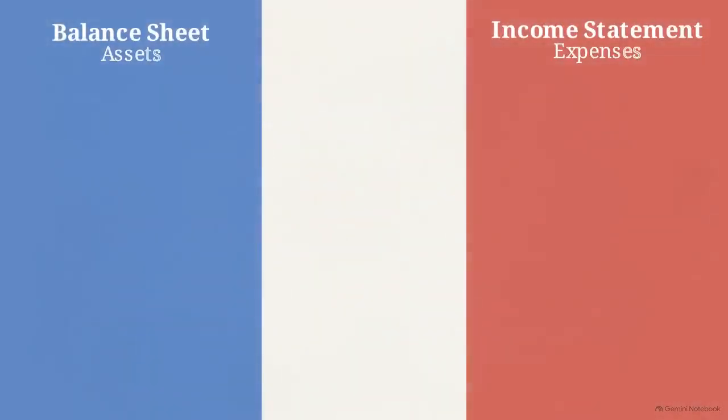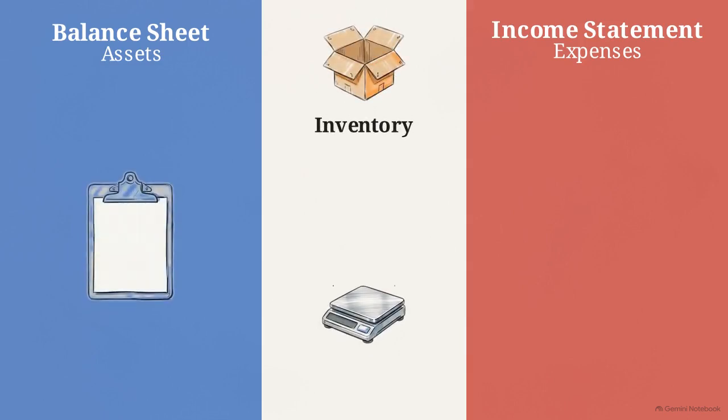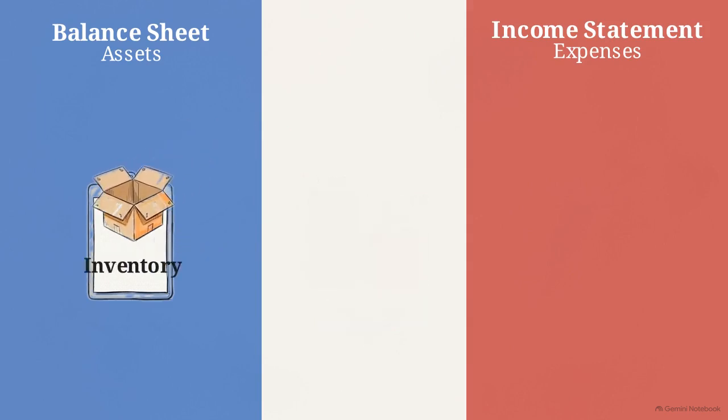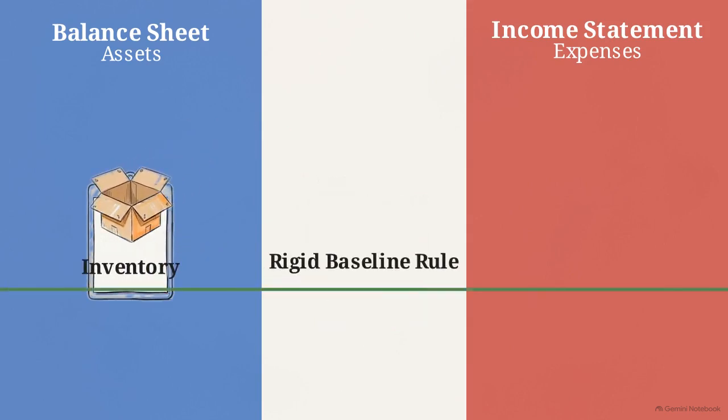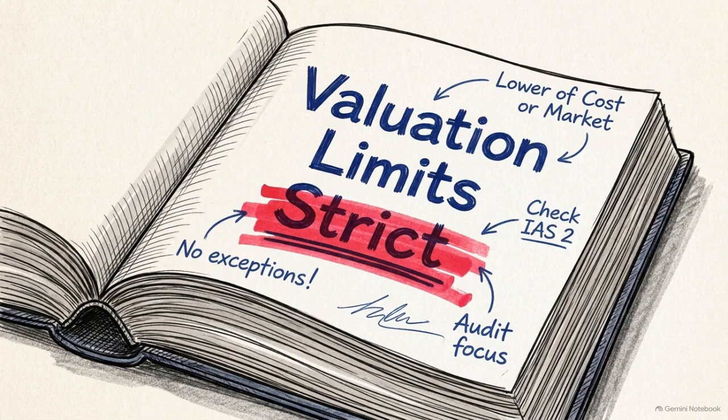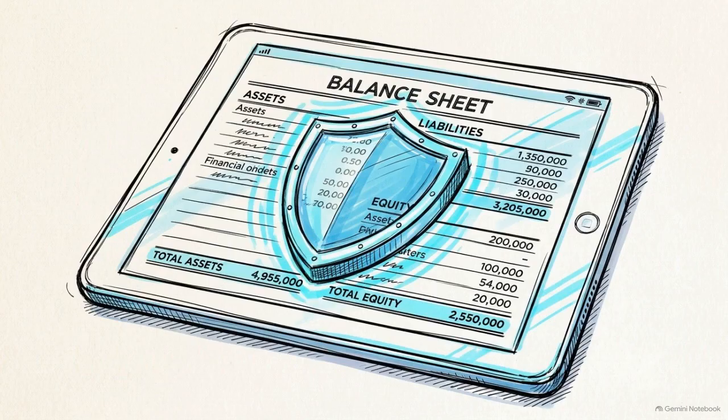To prevent this manipulation, IAS 2 establishes a rigid baseline rule. Inventories must always be measured at the lower of their cost and their net realizable value. IAS 2 operates as a strict valuation governor. It is designed to protect the integrity of the balance sheet, ensuring that inventory figures reflect economic reality rather than